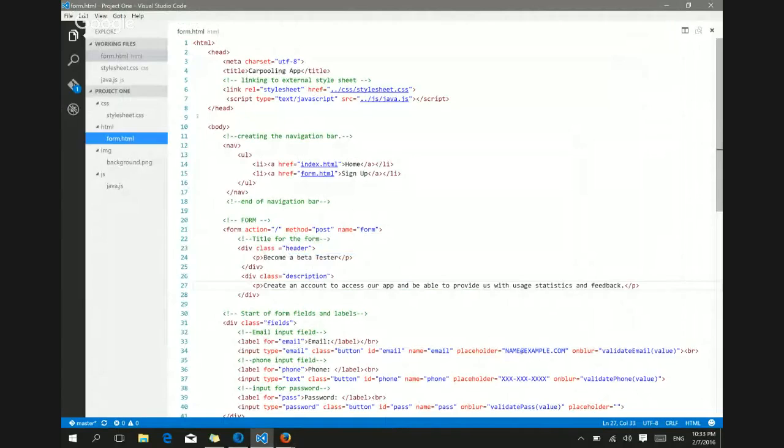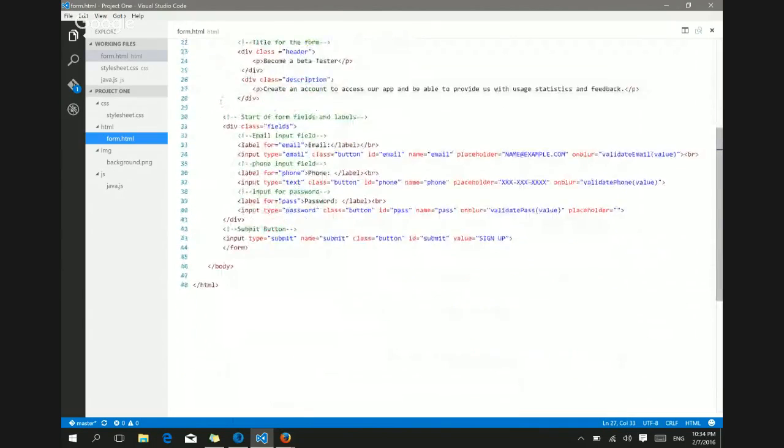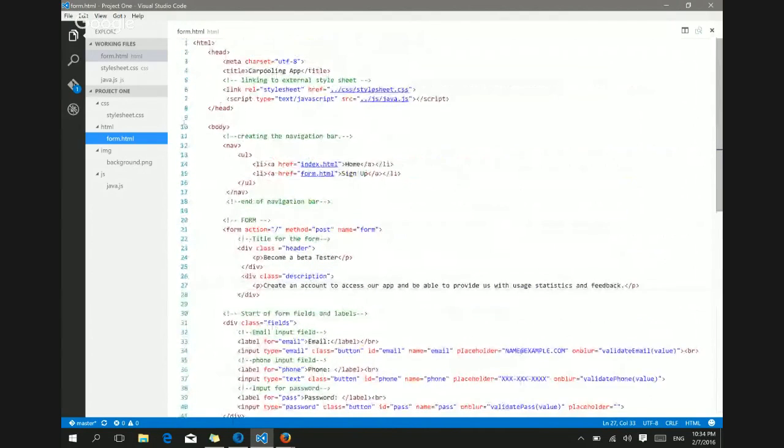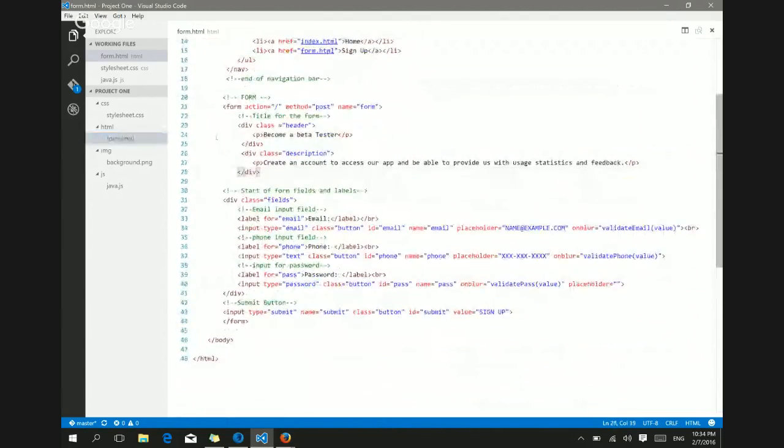I tried making a website for something like an Uber sign up where it asks you for your email, your phone number, to be able to send you a link to their app, and then a password so you can sign up, log in, and do whatever you need to do. So this is my HTML. It's nothing fancy, just simple, a header, a description, and then you have the three input fields: the email, phone,